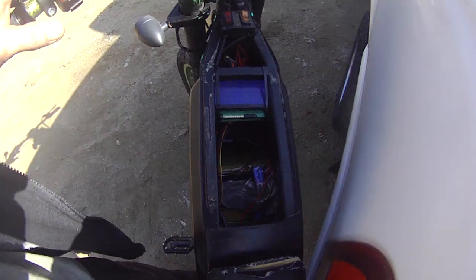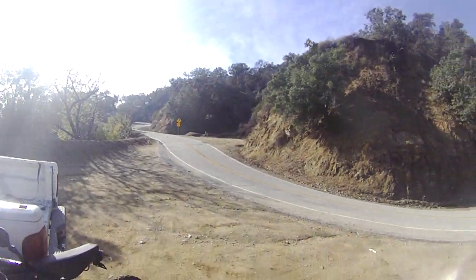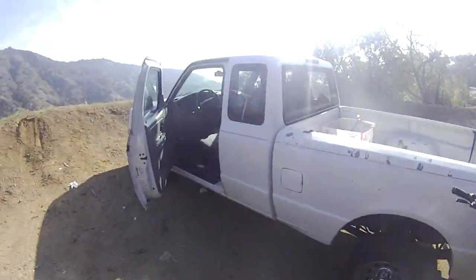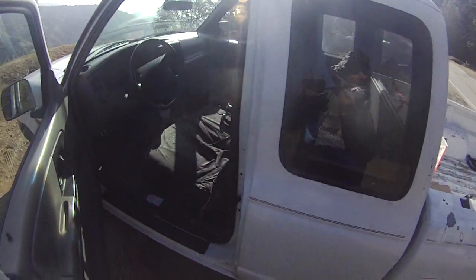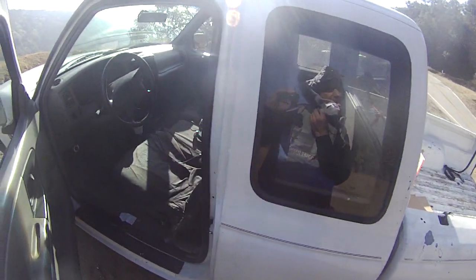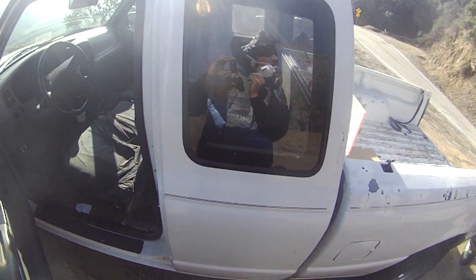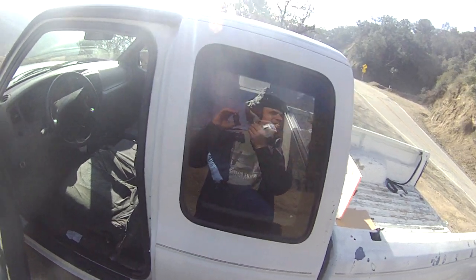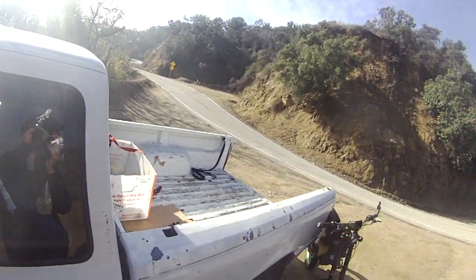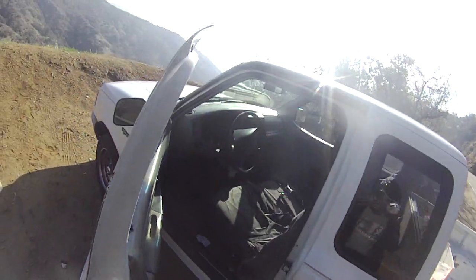All right, we're at 80 volts. Hopefully I can go for, well, I don't know. Let's see how far I could go. I got a helmet on. I'm gonna wear it. There's a lot of crazy assholes on this road. It goes up to Mount Baldy if I were to go like 20 miles, which I don't know how far the bike will make it, so